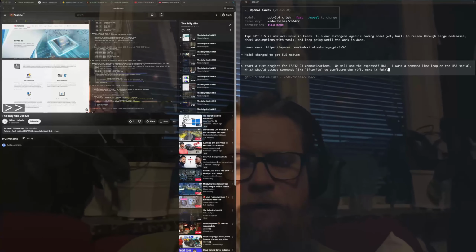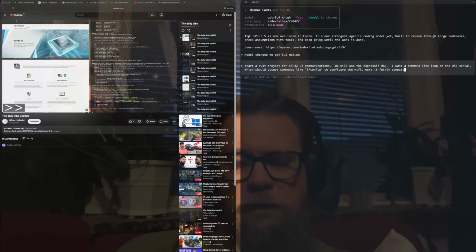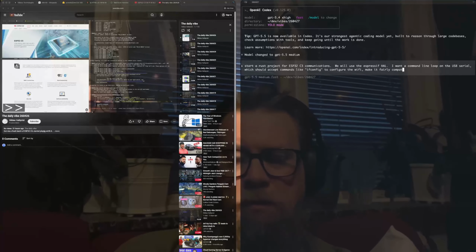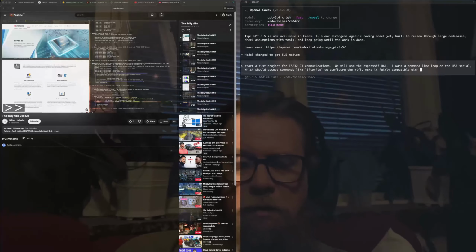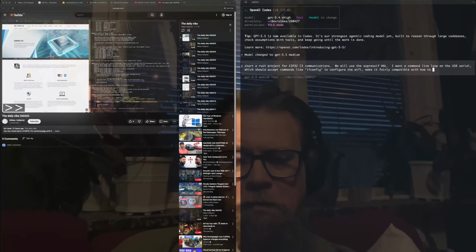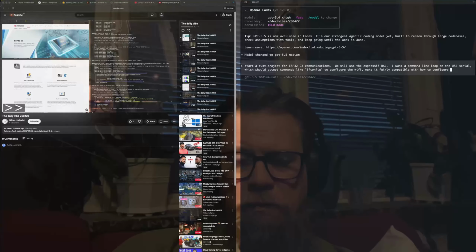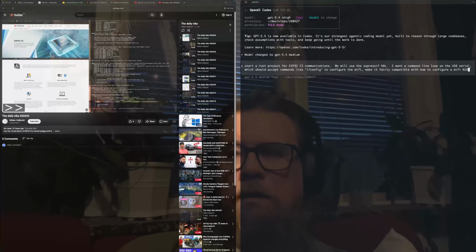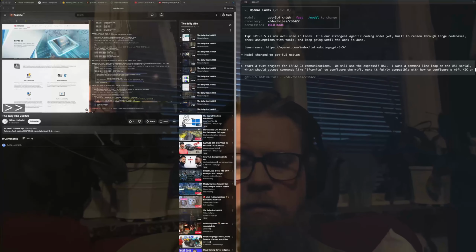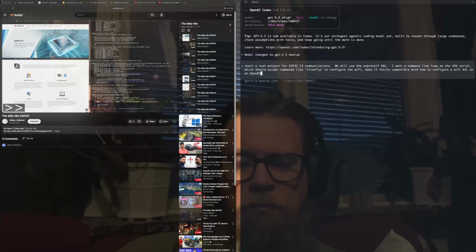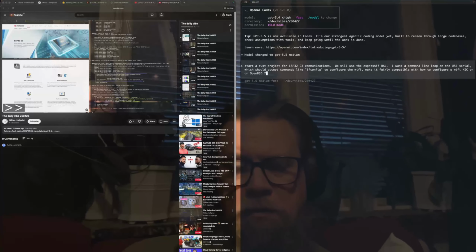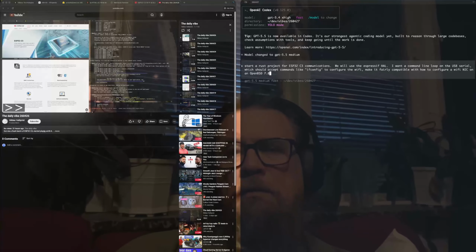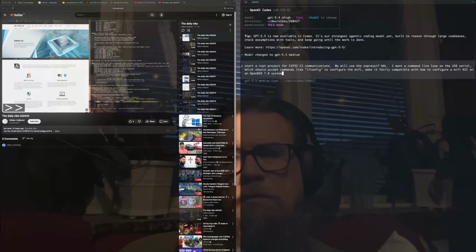Make it fairly compatible with how to configure a Wi-Fi NIC on an OpenBSD 7.8 system.